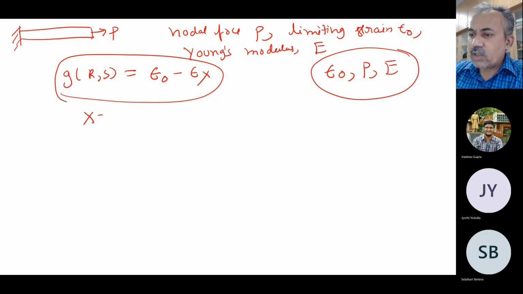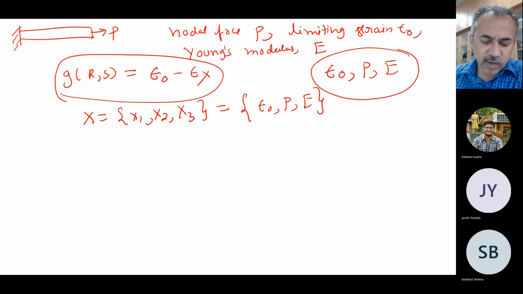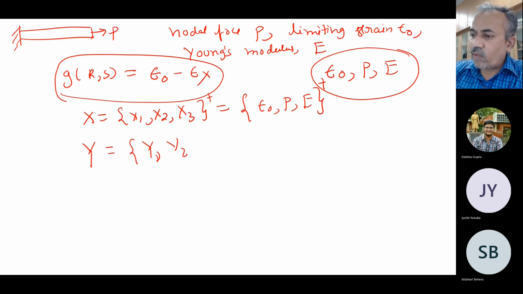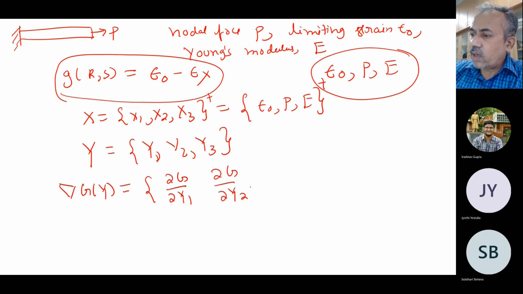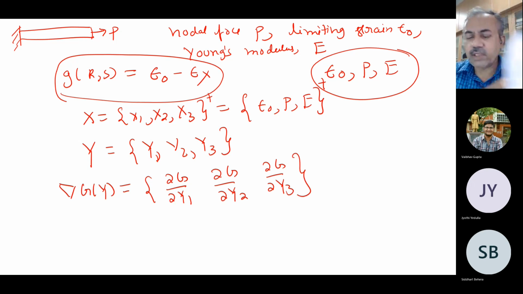So now we have a vector here. So X is x1, x2, x3. So these are my vector of random variables. So now the first step is I have to transform them to reduced normal variates y1, y2, and then y3. So this has to be calculated, and then we also have to calculate the derivatives also. So this is dou g by dou y1, and then dou g by dou y2, and then dou g by dou y3. So these derivatives have to be calculated for this problem.